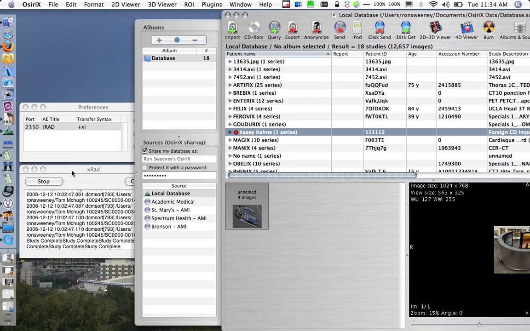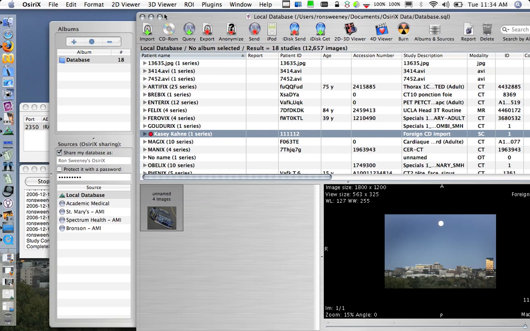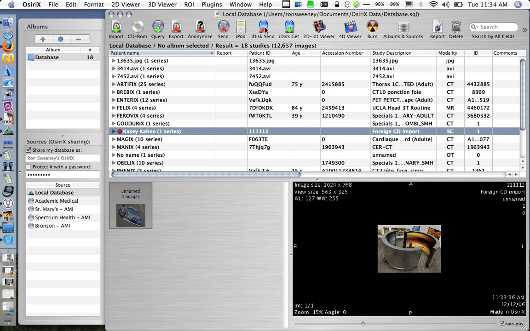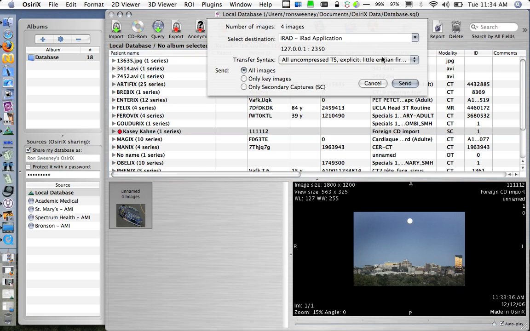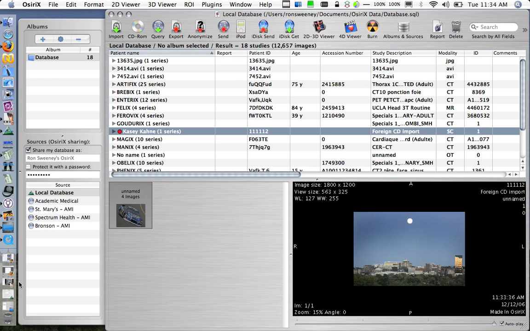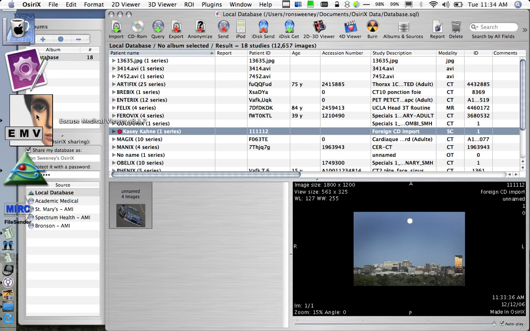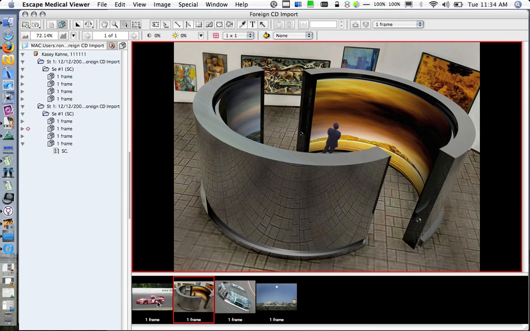My PACS happens to be this cool little app called XRAD, a little DICOM SCP that's very easy to configure and use. Love it to death. So I'm going to go ahead and send this into our PACS. Once that's complete, I'm going to verify that it made it. I'm going to use the Escape Medical Viewer to double check my work here. And there they are. The images have showed up as DICOM